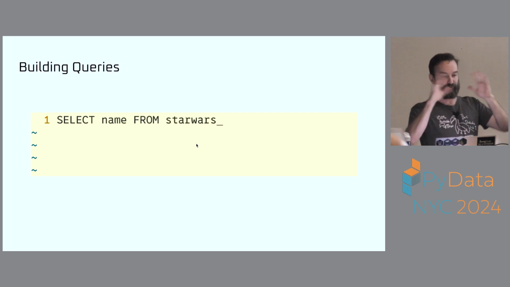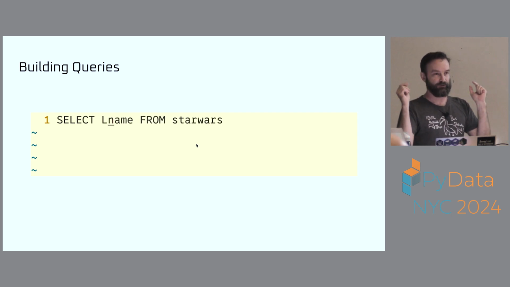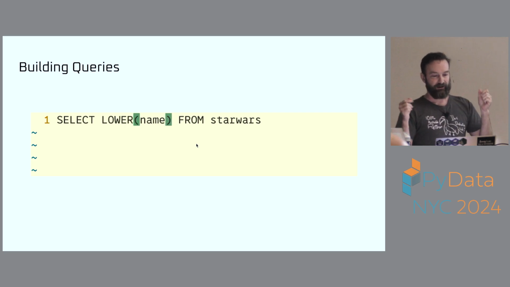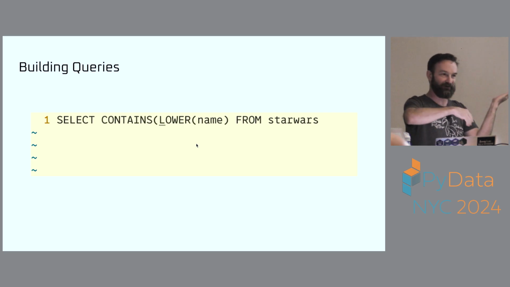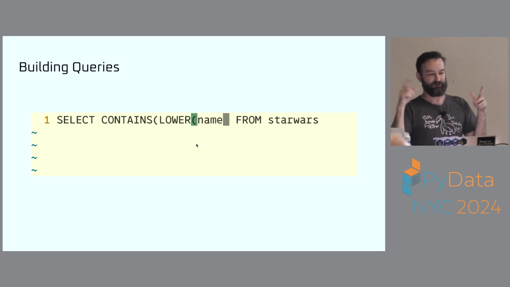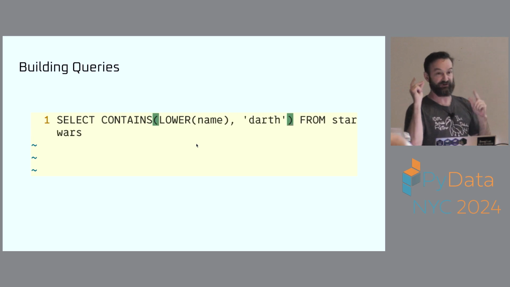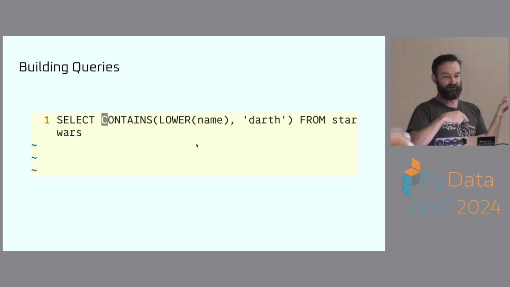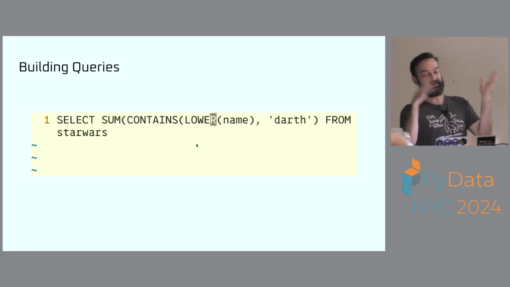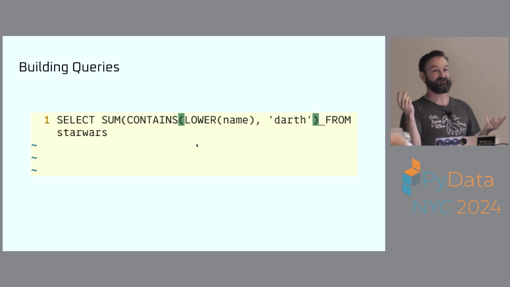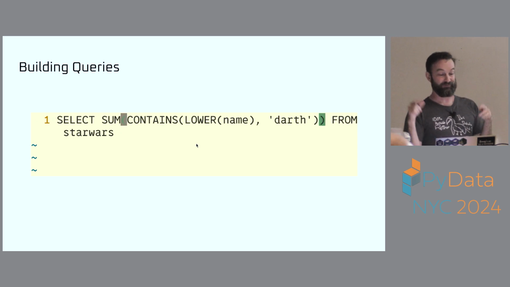Select name from Star Wars. Okay, I'm good here. Okay, but I want to lower the name, parens, and then does it contain it? Okay, go back to the front, and then say, does it contain Darth? Single quotes, double quotes, single quotes, can't remember, it should be single quotes. Yeah, okay, go back to the front, I'm going to need to sum that now. Okay, close the parentheses on the other side. Oh crap, actually I just remembered you can't sum a Boolean in SQL,